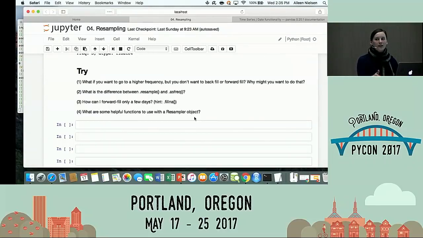And I have the domain knowledge that the particle count that I take on 1 day is generally accurate for, say, 2 days. So it's not generally accurate for 6 days, but it is accurate for 2 days. That means that when I go from my every 6-day measurements to my daily measurements, it is scientifically valid to fill in part of my time series, right? So if I measured every 6 days, I can take that day, like day 1, and carry it forward 2 days, but I can't carry it forward for the full 5 days I need to fill in that will be blank. How would I do that?